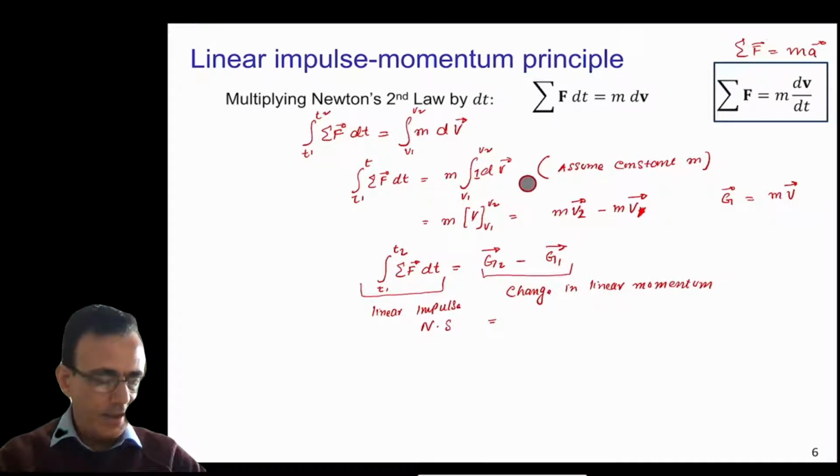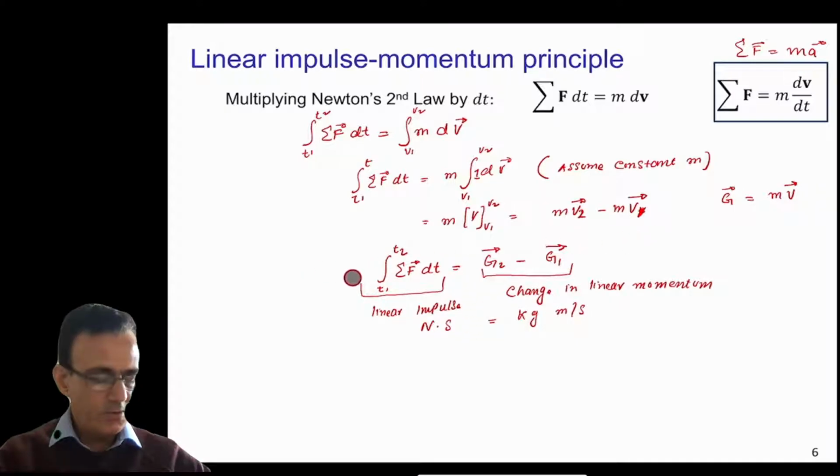And as you can see on the right hand side, it's the momentum here. So the units of the momentum, which is mv, will become kilogram meter per second. So the units of impulse can either be Newton second or kilogram meter per second, or the units of this g is kilogram meter per second or Newton second here.